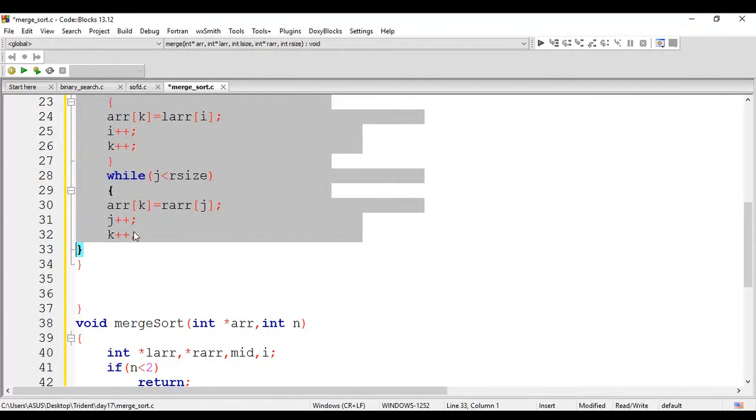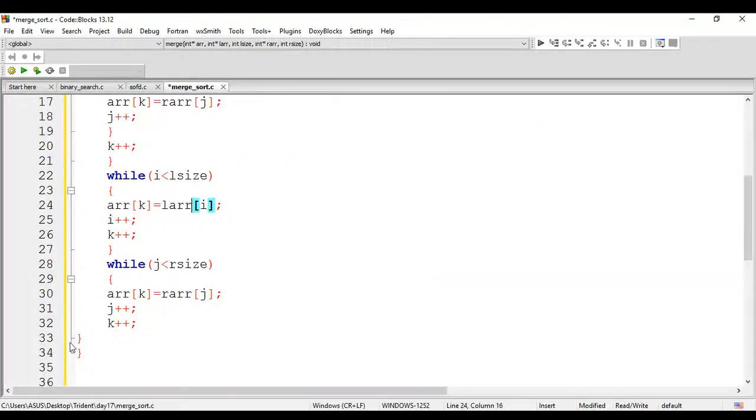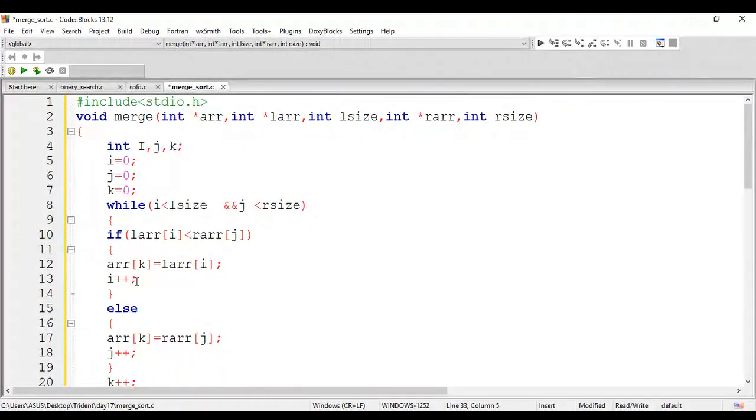Okay. Just a minute. So this is done. Yeah, the I should be modified to lowercase.